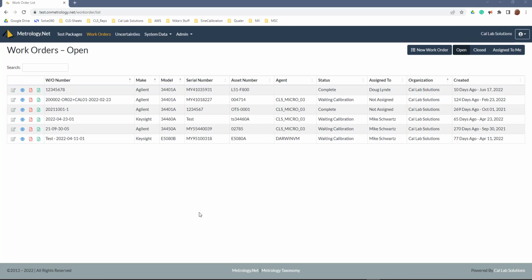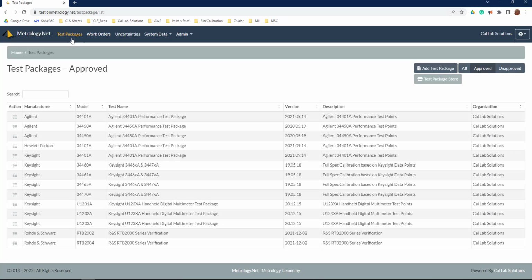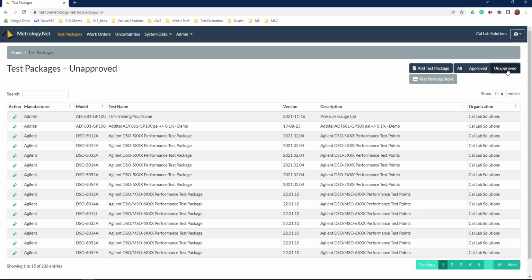So I'm going to do a little demo here on how to test the calibration on a signal generator in metrology.net. So first we're going to reach over to our test packages, and we have approved and unapproved test packages. Since this is a new test package, I want to run it before I approve it and let everybody else run it. So I'm going to click on the unapproved, and I'm going to come in here and type in